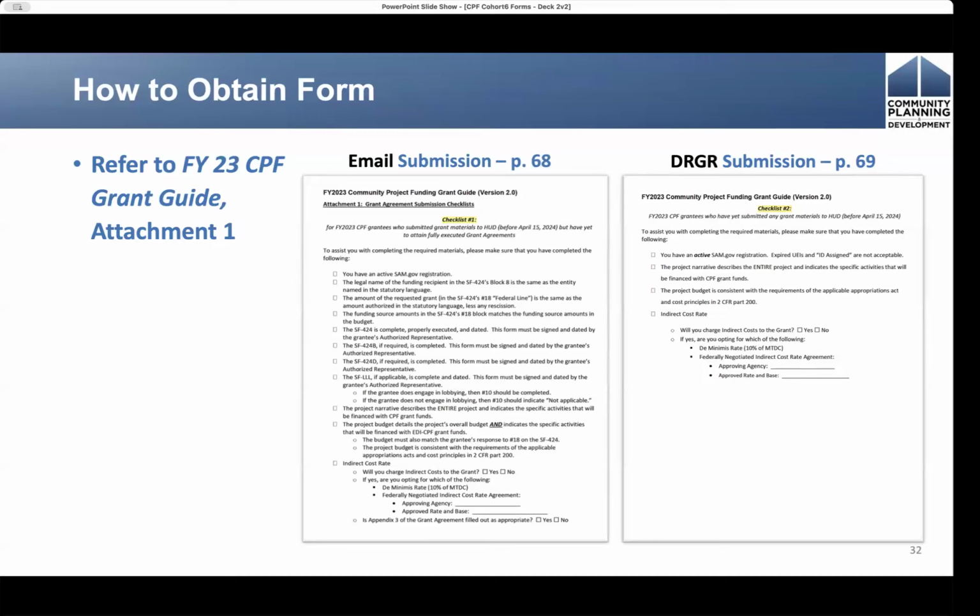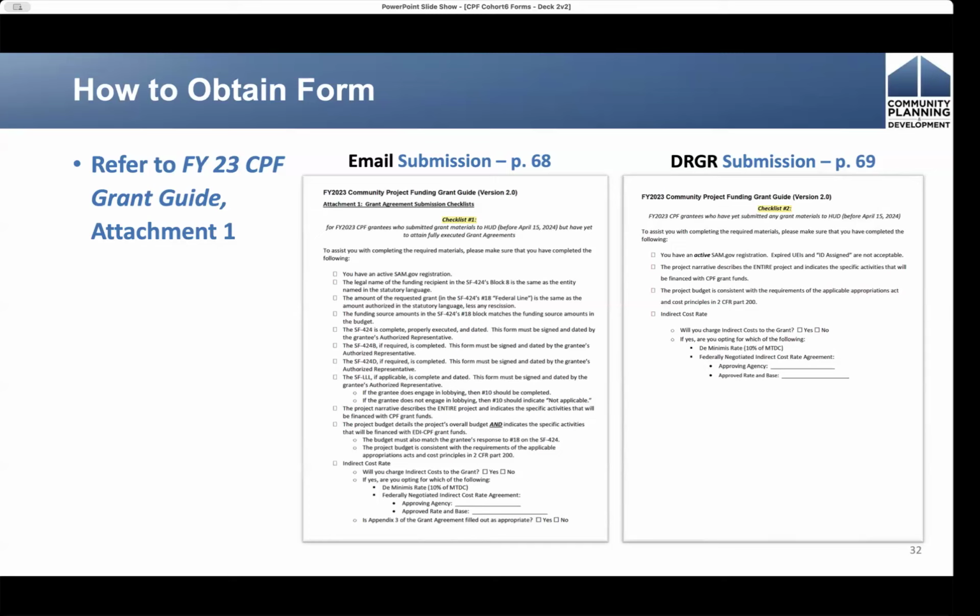For instance, the first one: do you have an active sam.gov registration? This is included on both of the checklists. So you want to make sure that you have done that step. That's an action item step. You want to make sure that you've done that. And then you're going to go down these lists depending on whether you're doing the email or the DRGR submission.